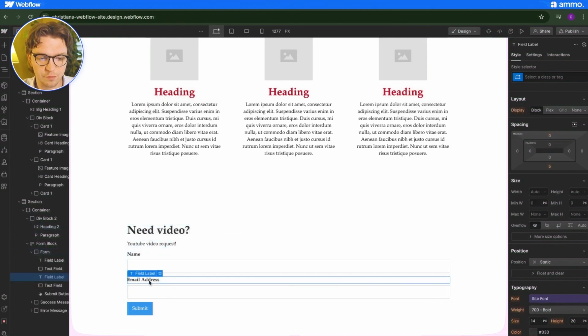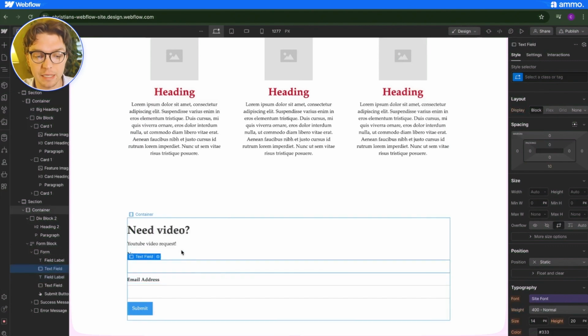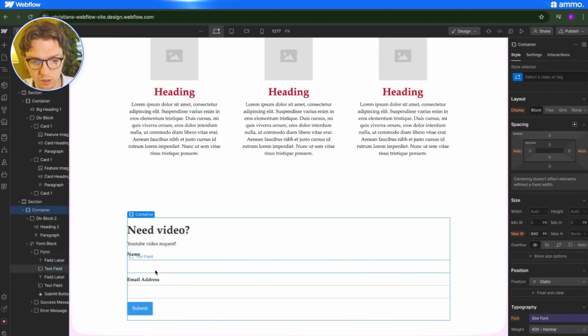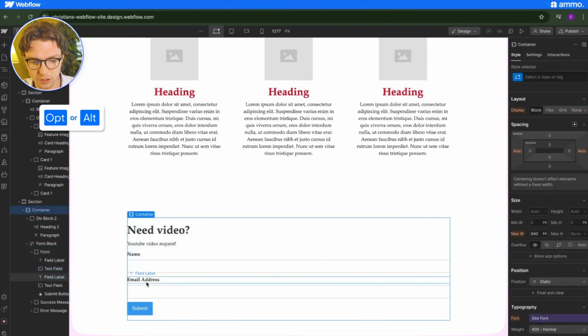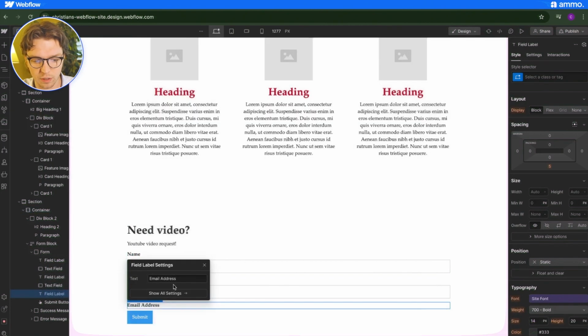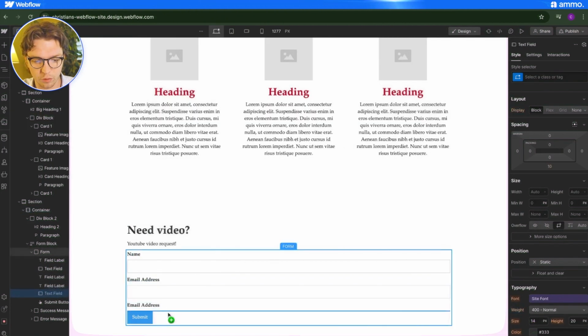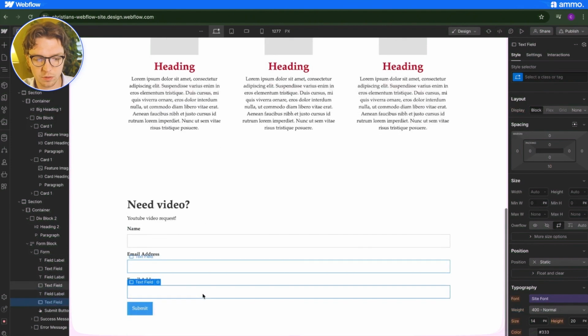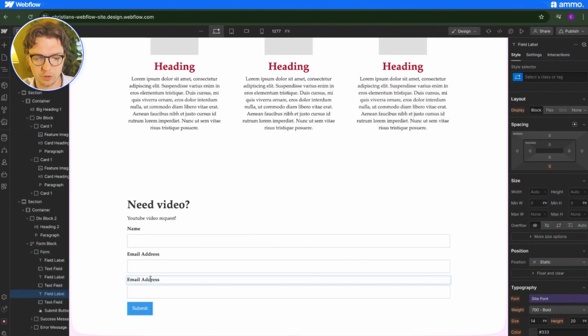So each form comes with two automatic fields, name and email address. We want to add another one. So let's just hold Option or Alt and just select this down and bring this text field down as well with it. Now we have three fields, and we'll change this one to message. We don't need two email addresses. We'll say